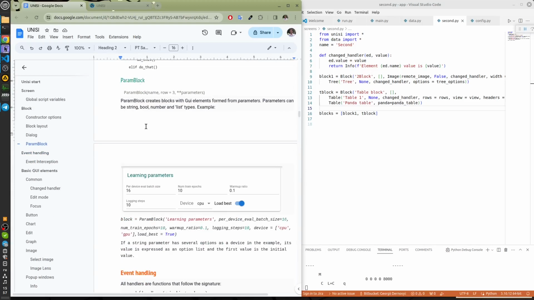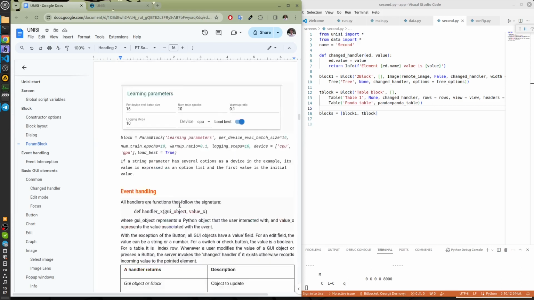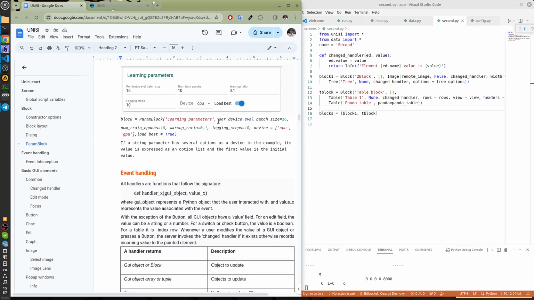This is a block which creates elements for the program parameters. Just pass there a dictionary with variable names and values. And Unici will build a block automatically, just analyzing the values of these elements.